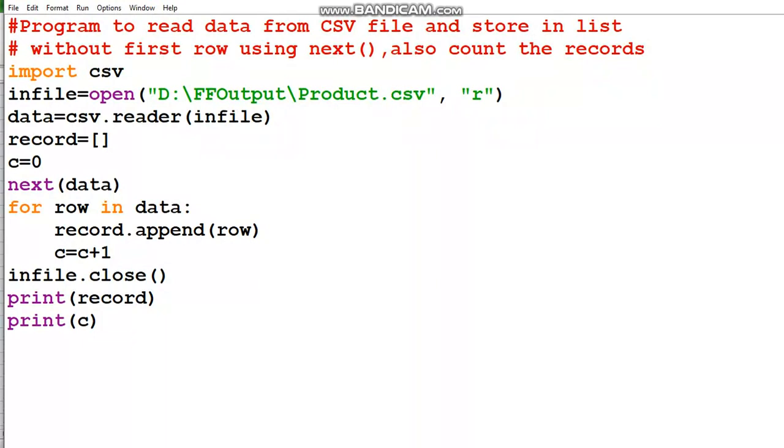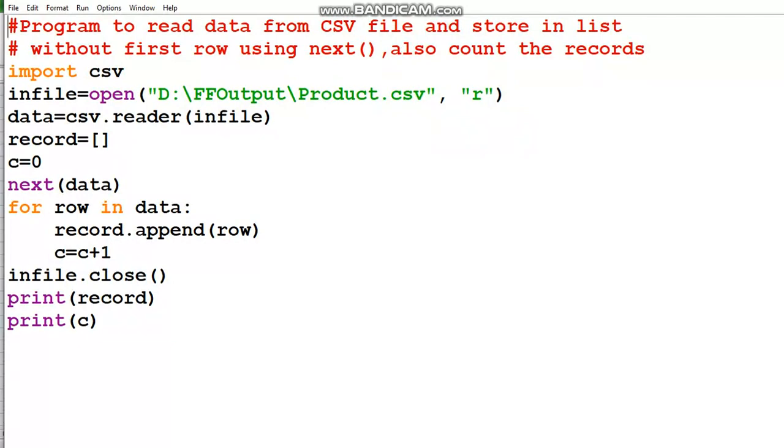What is the role of this function? The next function just takes the pointer to the next record. If I want to treat the header row differently, because the header row is not part of the data, I don't want to display the header row right now.